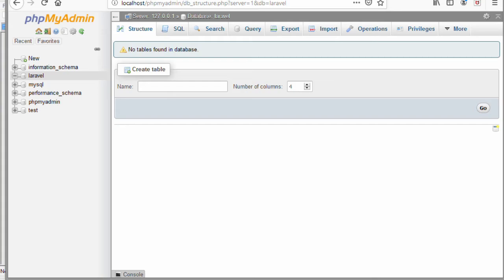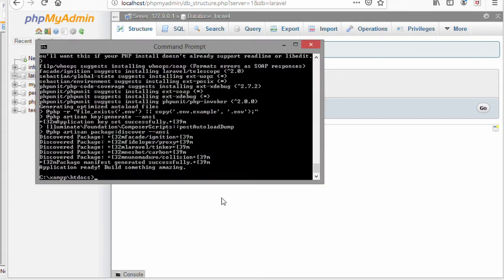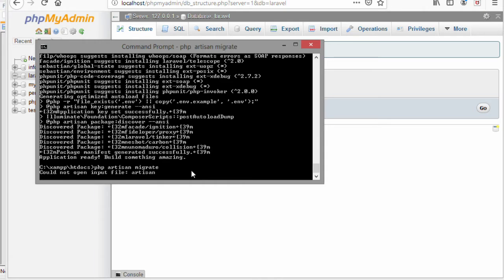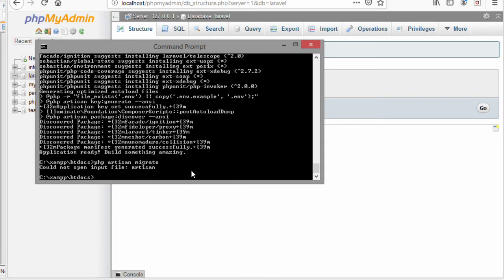Now that is important because we have things to do in the database. If we come back into our terminal again, I'll paste this wee line in here, which is php artisan migrate. If we run the very first migrate that we have here, that should create the database tables we need for our login system. So php artisan migrate, if we hit enter, no, we need to be in the appropriate